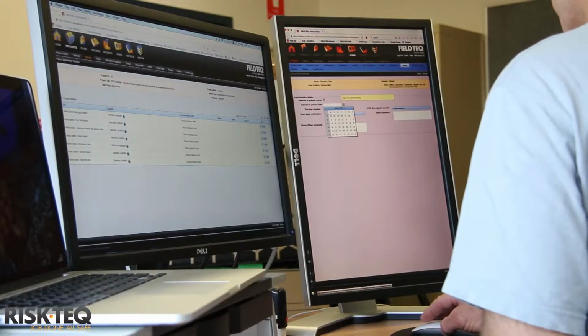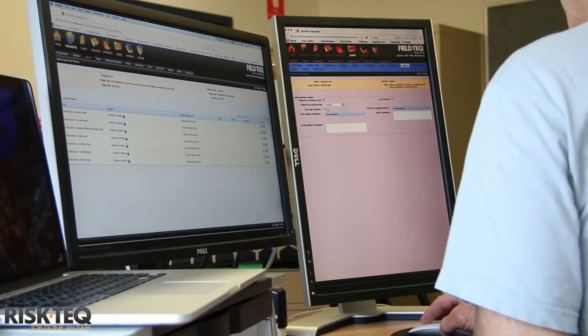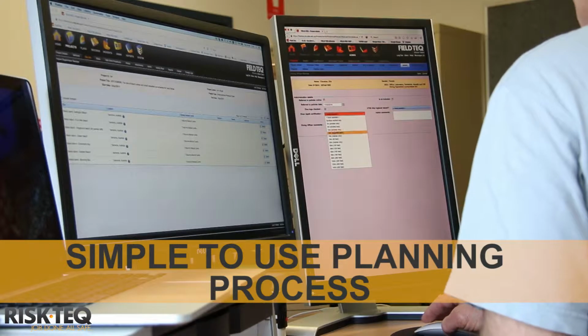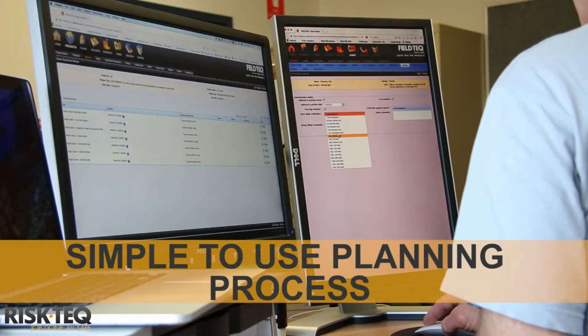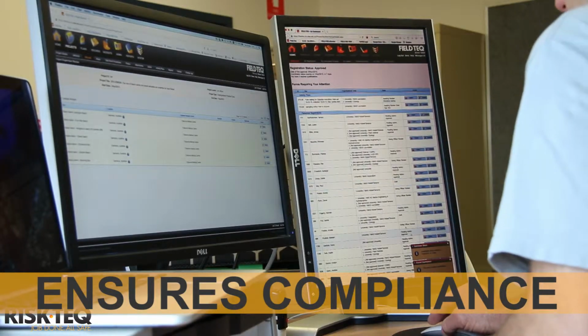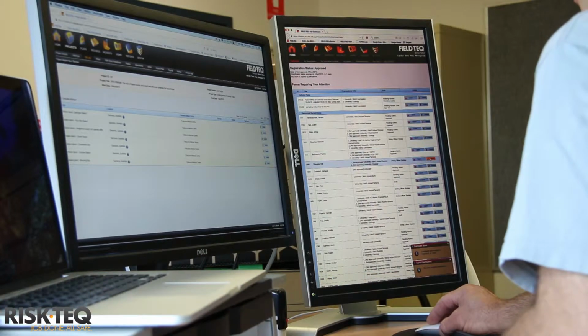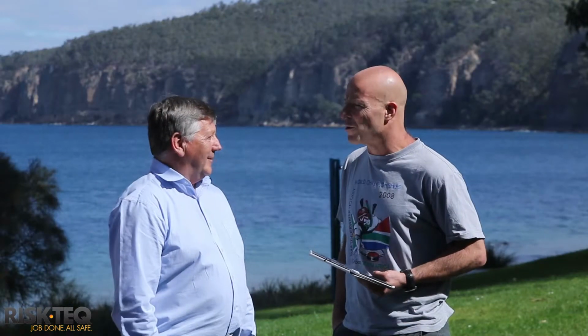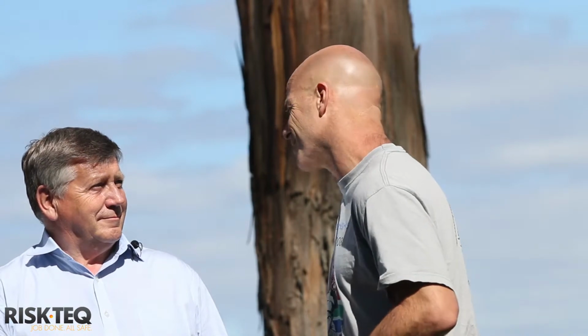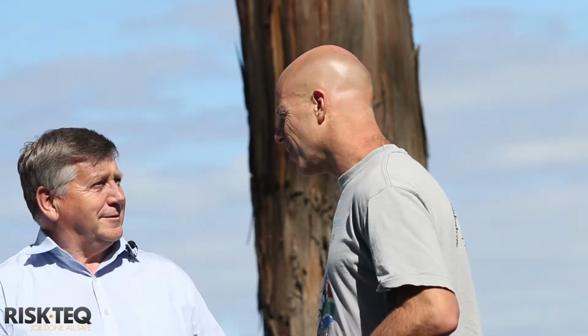Without this system, it used to be a heck of a lot more difficult to tick all the boxes. You use paper-based systems or Excel spreadsheets, and that just takes longer and is a lot harder to ensure that people going on the trip have done all of the things we like them to do from a workplace health and safety perspective before we leave. I suspect this is a much easier mechanism to deal with our requirements than would otherwise be the case. So it's about control and...